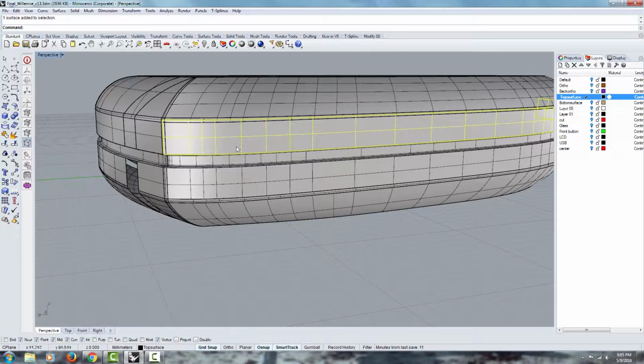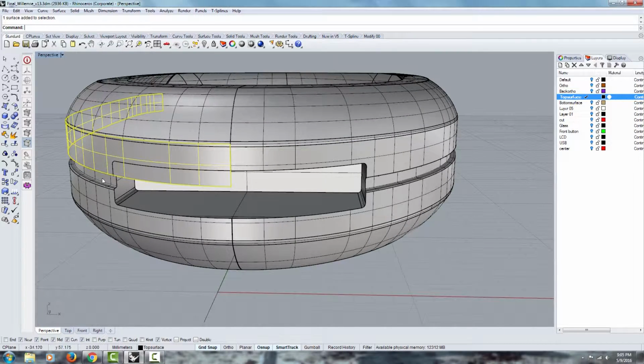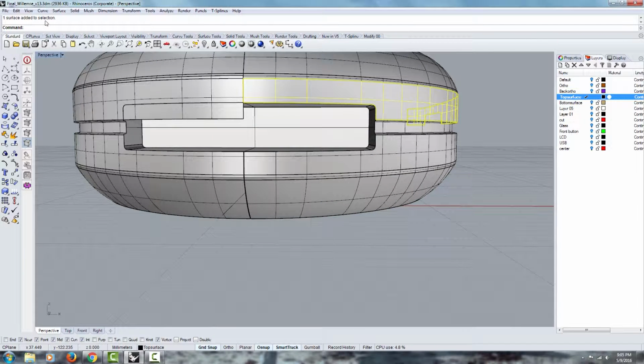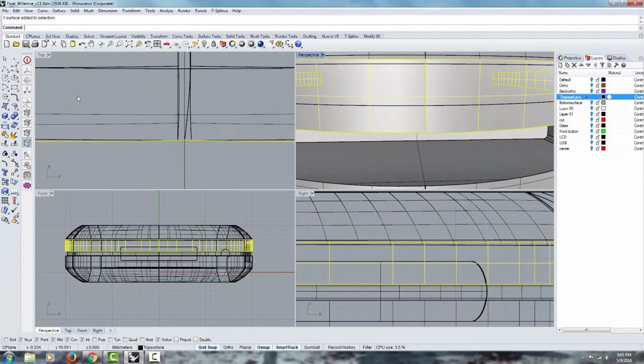Like if there's a hole in it and you untrim the hole, you're going to untrim once. But if you untrim from an edge, it's going to untrim all edges. So most of the time I like to use untrim all, just to make sure it untrims everything at once. So anyway, that should get us closer to the results we want, and then we can go from the top view